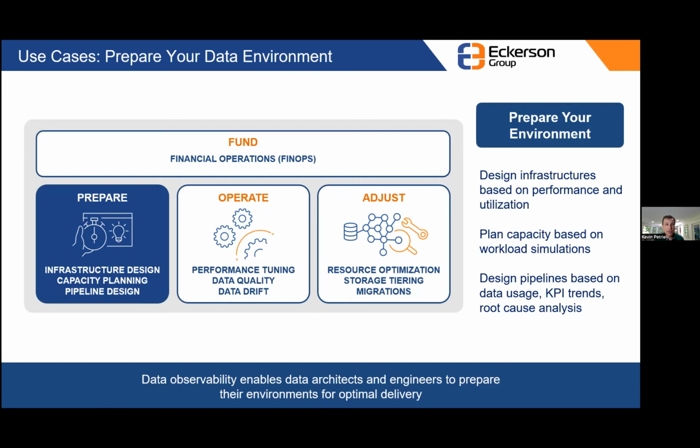So a data engineer can huddle with a cloud ops engineer as he or she is designing a data pipeline to understand what the latency, throughput, utilization was associated with sets of cloud compute clusters that help ingest data, transform it, and then ultimately deliver it or expose it for consumption. There are a lot of ways in which the more you know about utilization trends, the more you know about performance trends, the better you can design your infrastructure and select the different elements of your infrastructure that are going